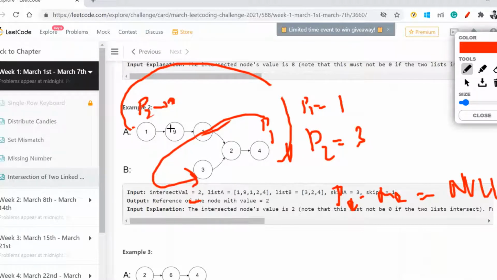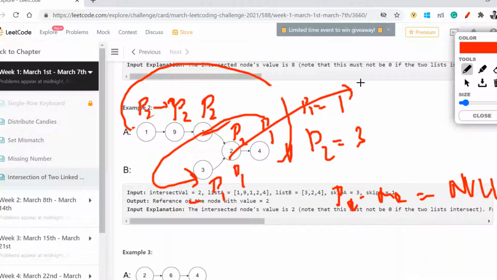What will happen now? My p2 was here. Now p2 will move to the next one and my p1 will start pointing at this one. Now when I do next, my p1 and p2 will overlap. I'll return 2 because they are both equal.